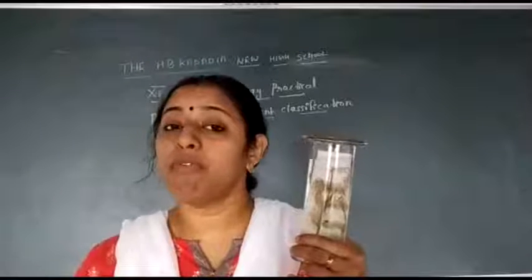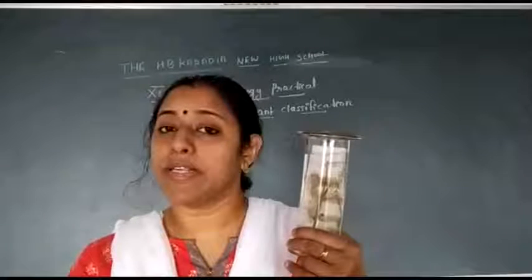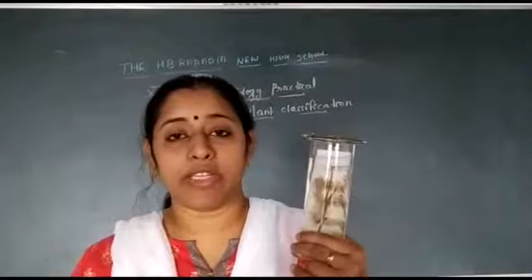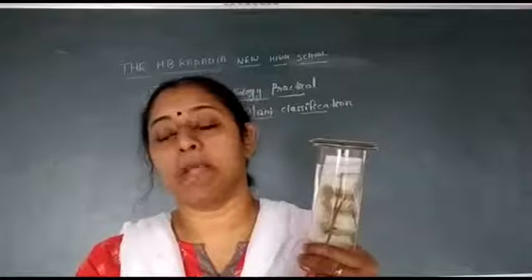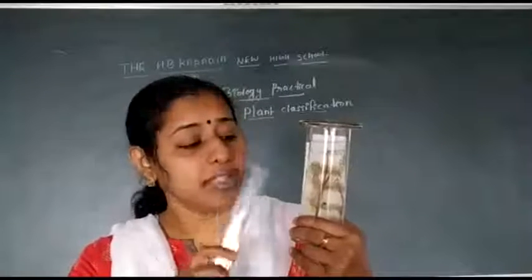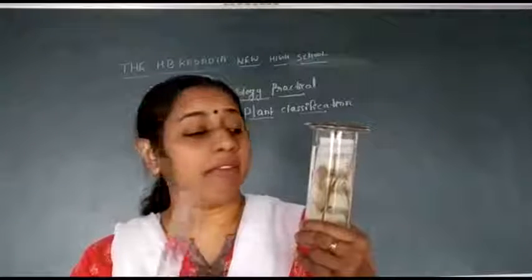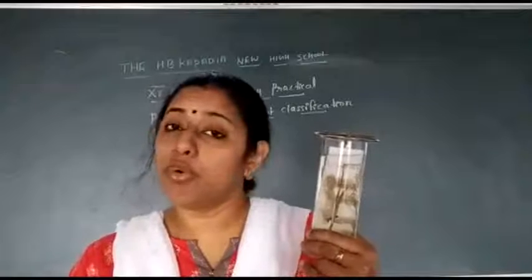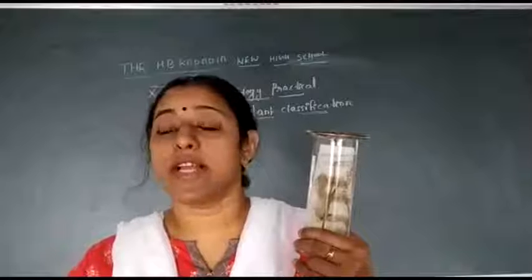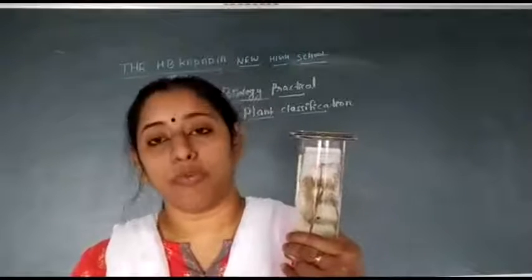A typical example for heterosporous plants is mainly Selaginella. In pteridophytes, in the life cycle, you can find both sporophytic generation and gametophytic generation, but the dominant phase is mainly the sporophyte. Normally we can find pteridophytes in shady places where there is moisture. They have differentiated roots, leaves and also stems. The vascular tissue system like xylem and phloem is also present. Reproduction is mainly by spores.